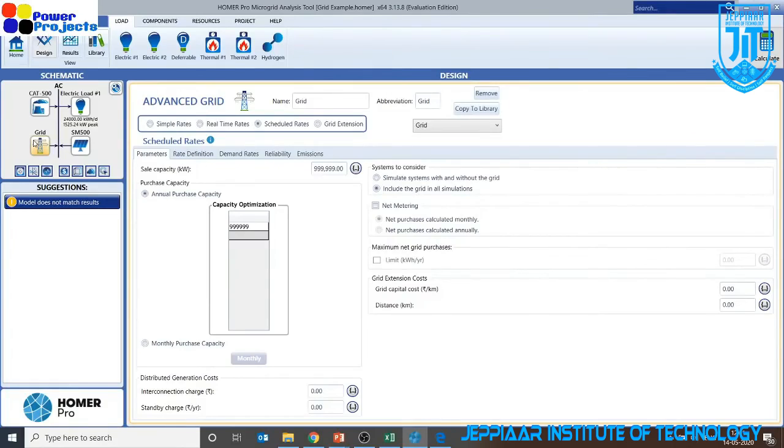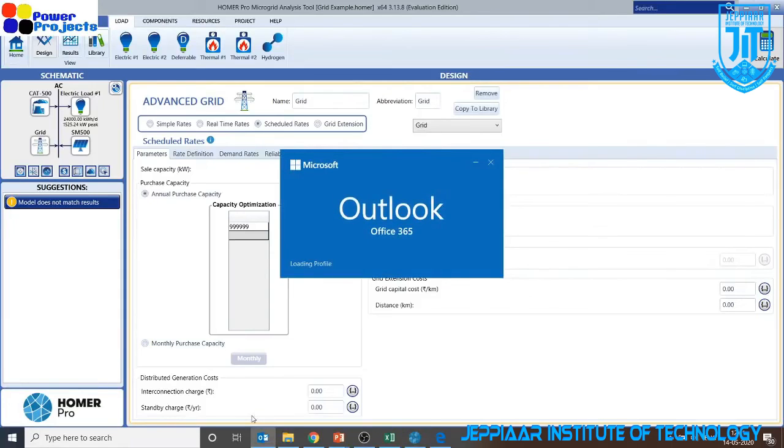Next question is from Kaisha. How the battery connected to the system will justify vehicle to grid and grid to vehicle mode? Yeah, interestingly you have a session today evening organized by Homer Pro itself that starts at 7 p.m. India time. So you can probably register on the website of Homer Pro itself. There is a seminar or a webinar which is coming. That's at 7 p.m. India time today. You can register for this.